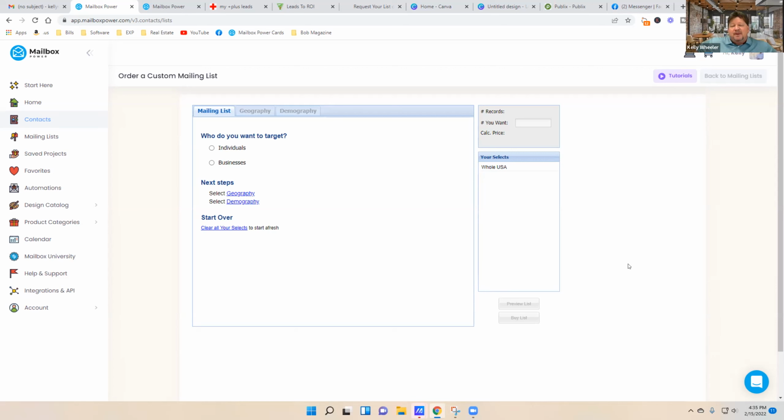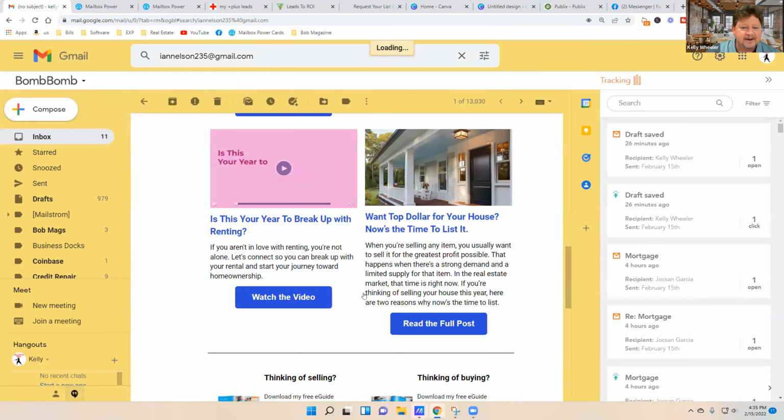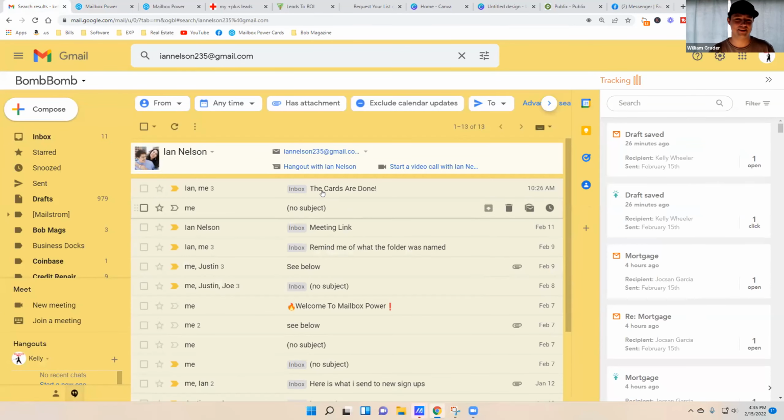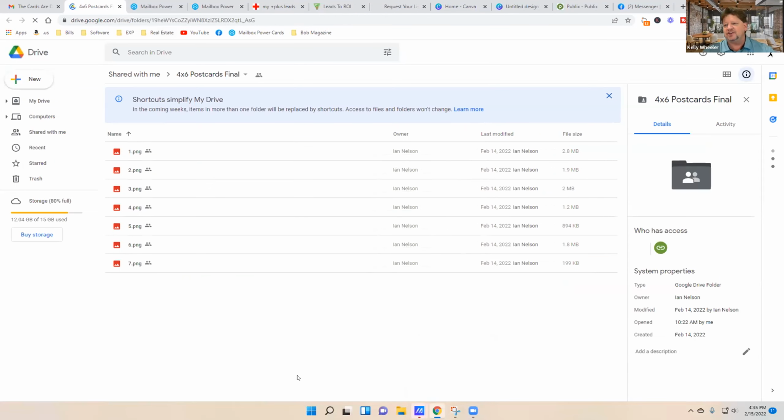Now, here's what Mailbox Power is getting ready to do for every one of you. This is a bombshell. I have been working hard with them, and I'm going to show you the cards. Let me find it. When you see this, you're going to be like, holy crap. We're excited about this. I'm going to open up the cards. So before I show you the cards,